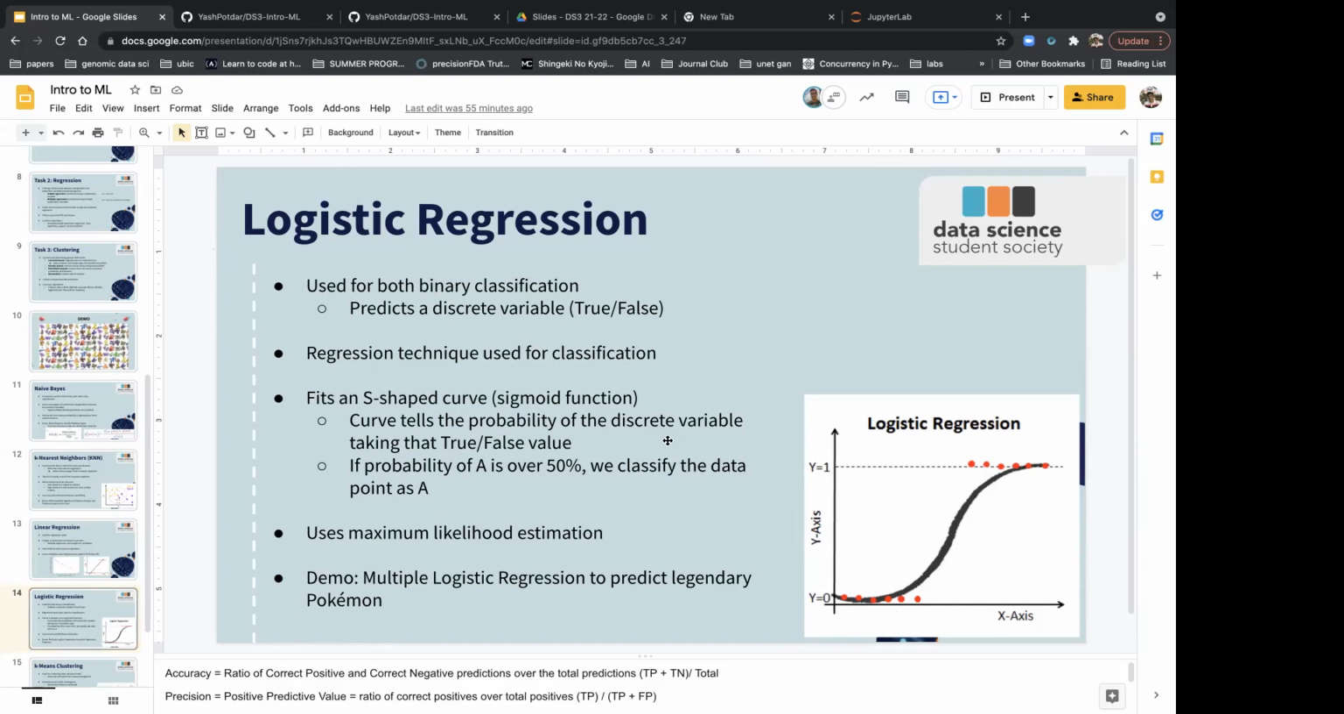And for the predicted value, we make a cutoff of 50%. So if the predicted value is less than 50%, we predict a y equals 0 label. And if the predicted value is over 50%, then we predict a label of y equals 1. And for this type of regression, since this is not linear, we cannot use ordinary least squares. Instead, we use maximum likelihood estimation, which is commonly used for non-linear regressions like logistic regression. And that's what we're going to use in our